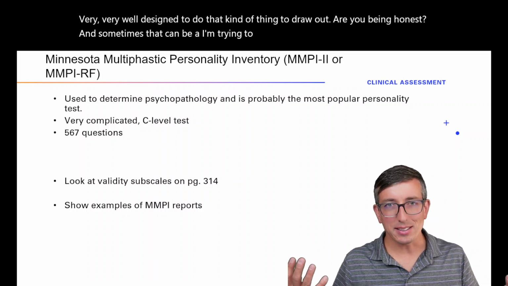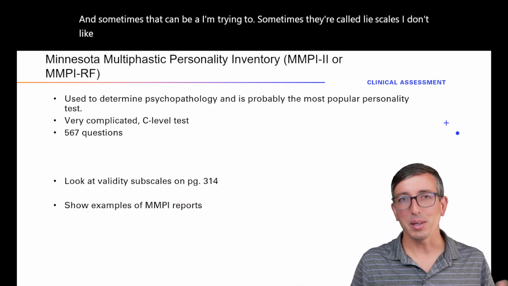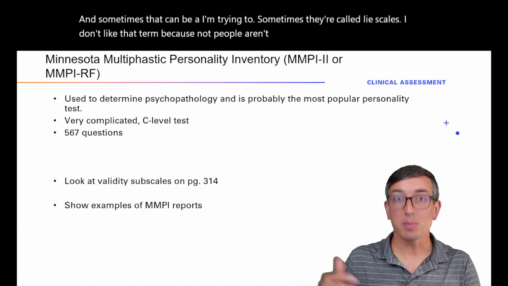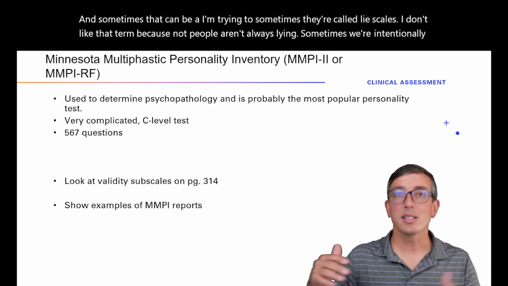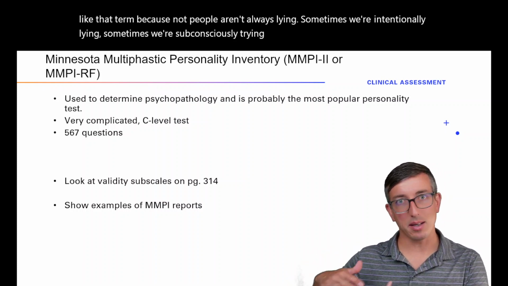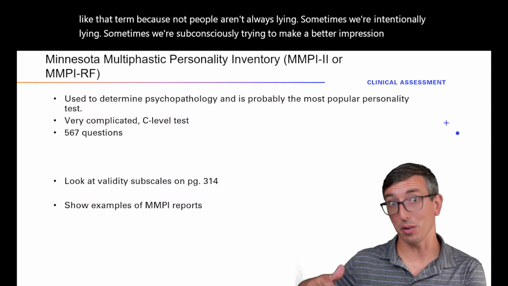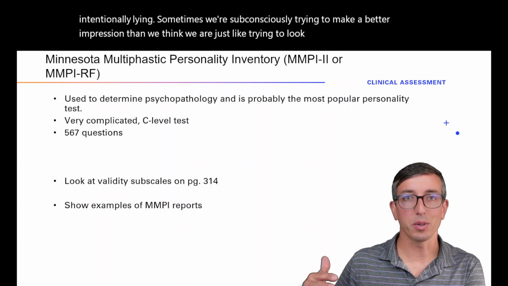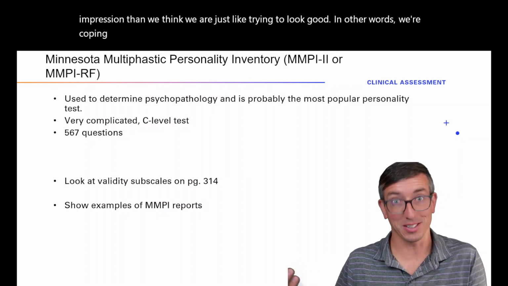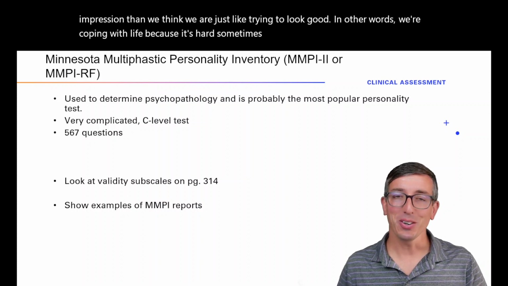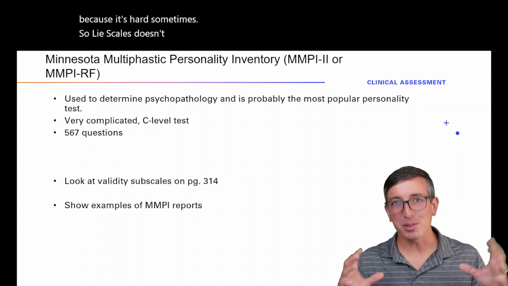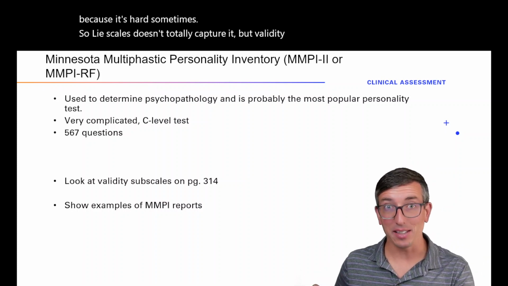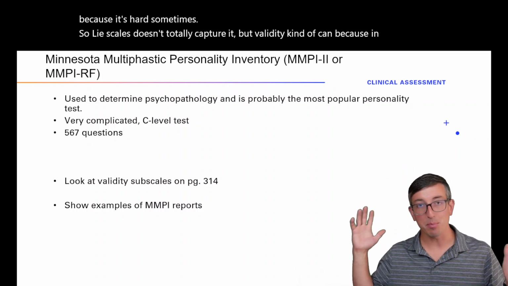sometimes they're called lie scales. I don't like that term because people aren't always lying. Sometimes we're intentionally lying. Sometimes we're subconsciously trying to make a better impression than we think we are, just trying to look good. In other words, we're coping with life because it's hard sometimes. So lie scales doesn't totally capture it, but validity kind of can,